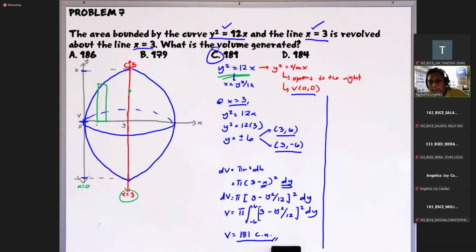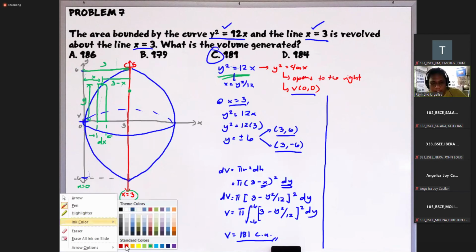Pero ang kailangan lang naman natin doon is yung thickness nito, which is as you can see along the x-axis. So therefore this is simply dx. Kailangan din natin ng height, so basically itong length na to. As you can see, this is just the distance of the given point on the parabola and the x-axis. By definition, that is the y-coordinate. At pangatlo, the radius, yung layo nito from the axis of revolution. Kanina nakuha na natin yan as 3 minus x, kasi again, this is the x coordinate, tapos alam din natin na ito ay 3 units. So, if we set up yung differential volume natin, okay?